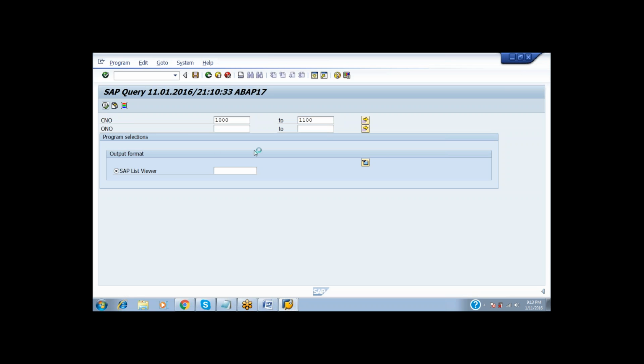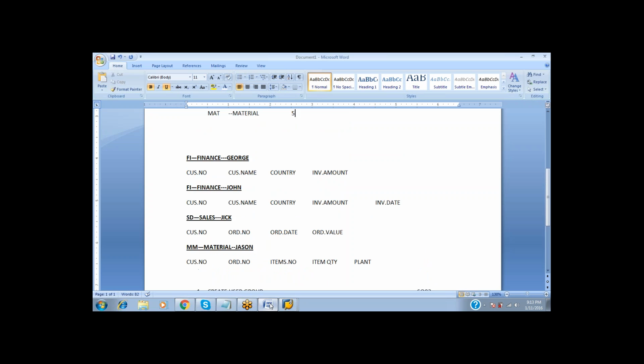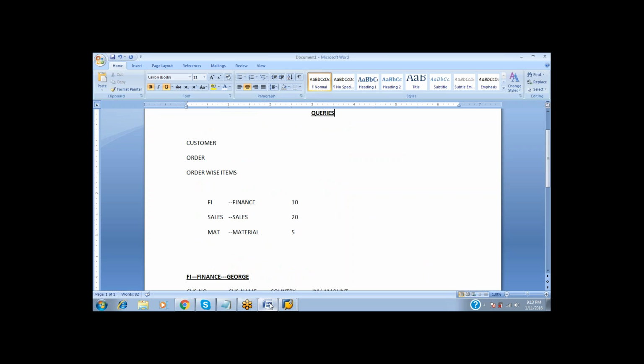In this execution time, let's have a little discussion about whatever we have done today. Here we have done the concept named SAP queries. With these SAP queries, we are generating one layout for a particular user group, and that user group for particular users. That means we are giving the identification for the particular user group for the particular users. If the client has multiple user groups and multiple users, then instead of generating separate reports for each and every user and user group,